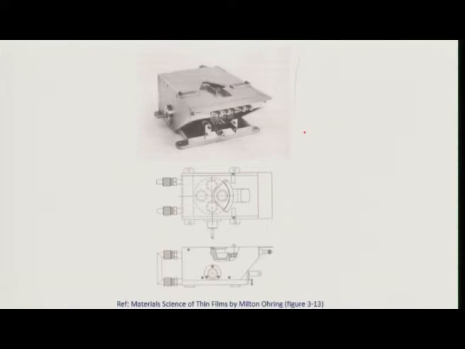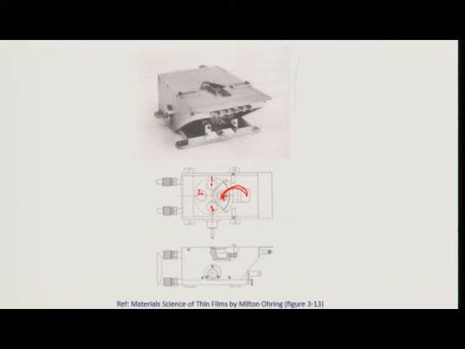This shows you a typical design of multiple source E-beam deposition. You can see that there are four pockets, 1, 2, 3 and 4, which can be rotated to bring into the deposition crucible, and your electron beam is rastered on this source.